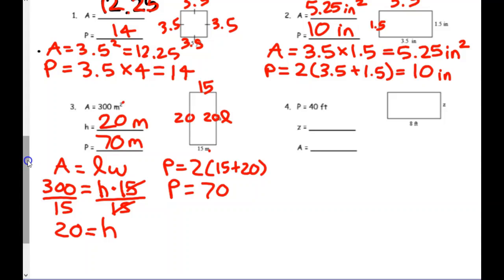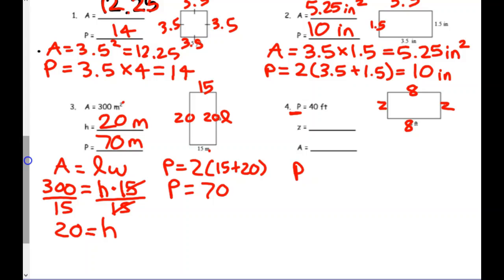Okay, now we go to number 4. This is going to be a little tricky. Okay? On number 4, I got 8 here, so I know I have 8 here. I got Z here, so I got Z here. And it tells me what is 40. Perimeter, not area. So we're going to do this a little different. Okay, so my perimeter,